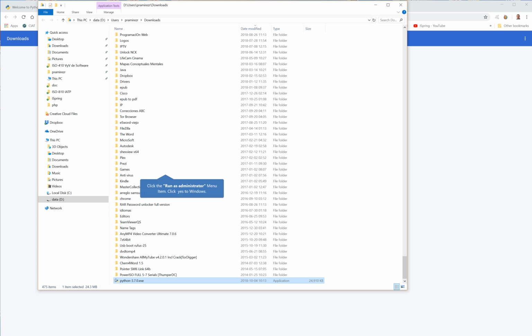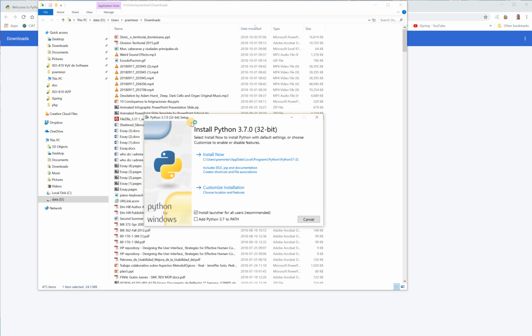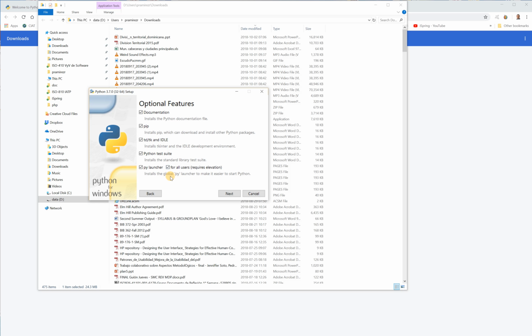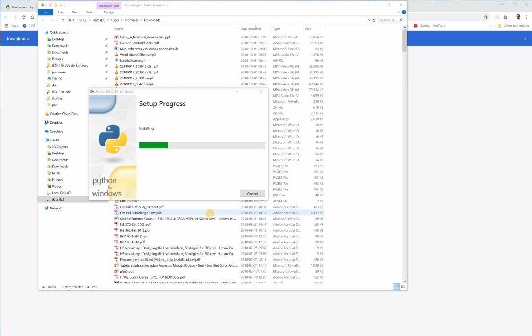I can hit here and say yes, and then I can choose customized installation to install it in a disk that I want. Here I can select the D disk to install it in the D disk and I hit install and that's